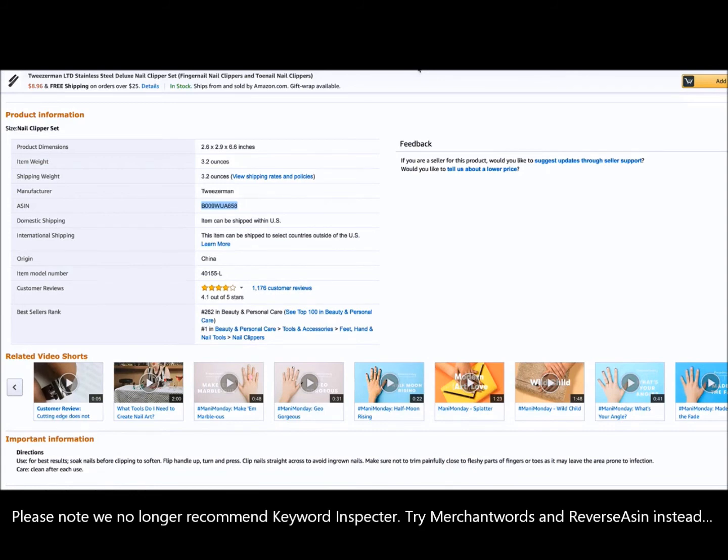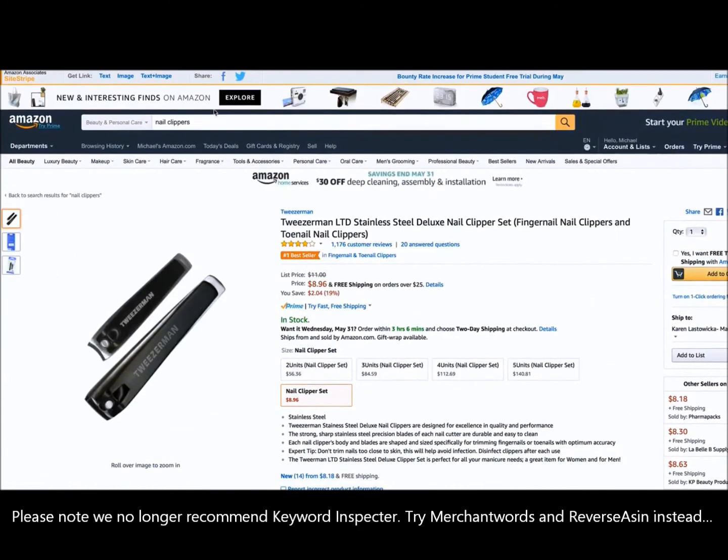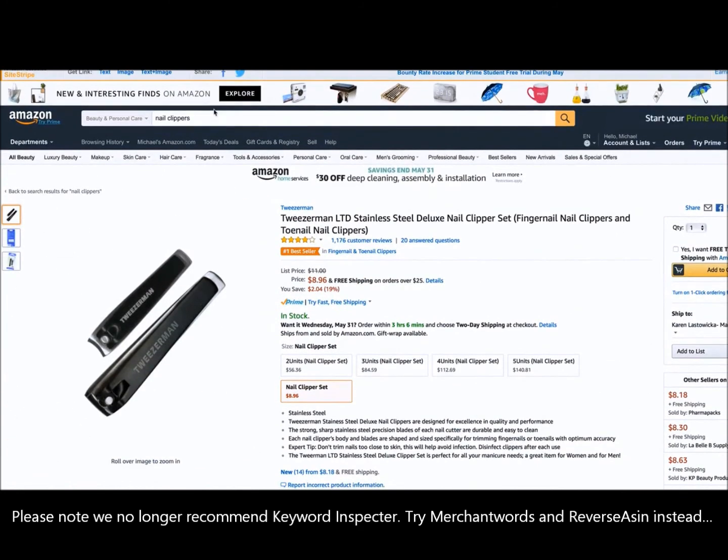We recommend not going too wide, right? So if you're selling nail clippers and you want to look into products like nail files, because that's related to the audience of people who might be looking for nail clippers, type in nail files and find the best product related to nail files and do the exact same process. The point is, you want to spend about 1 hour per week researching new opportunities,